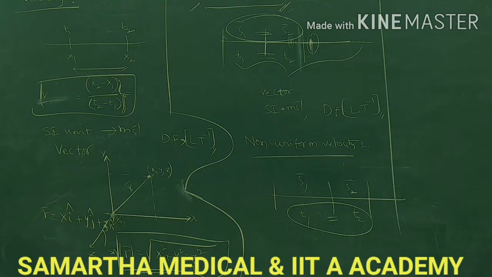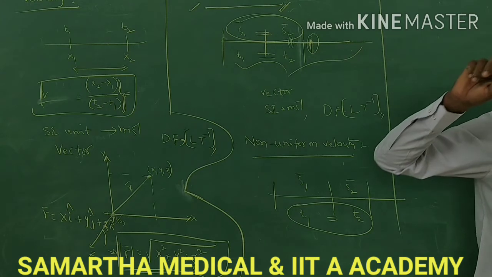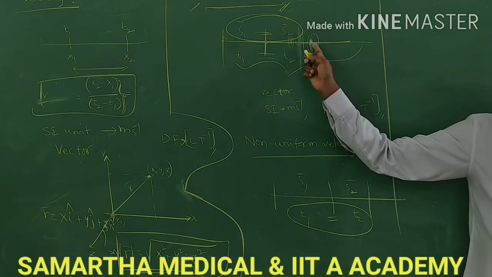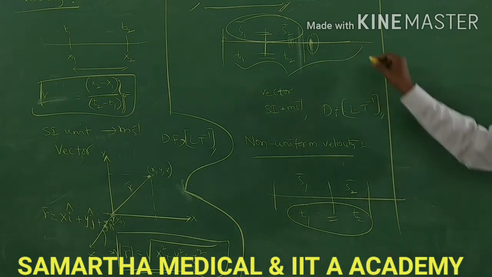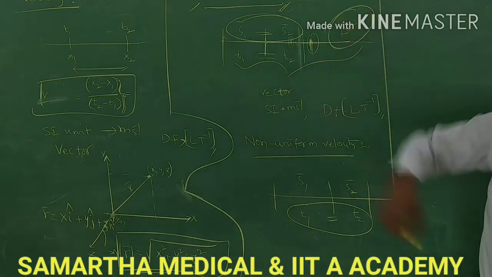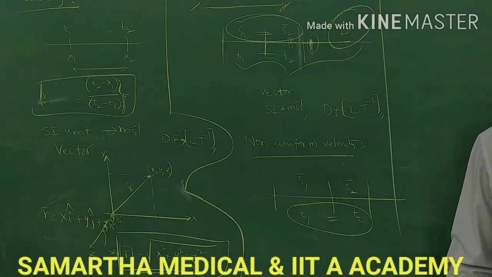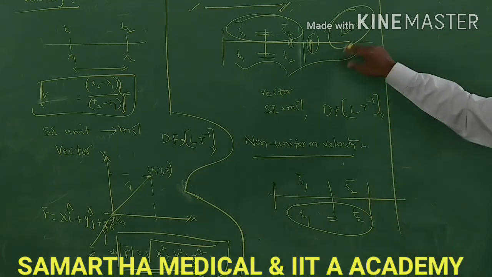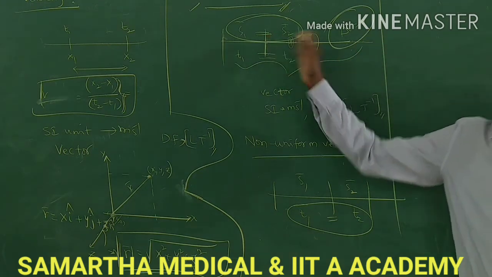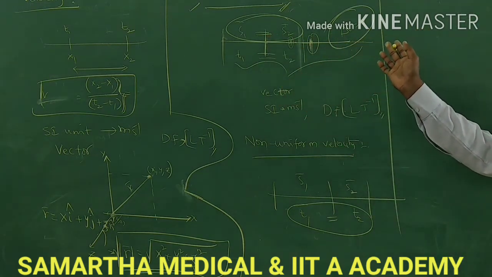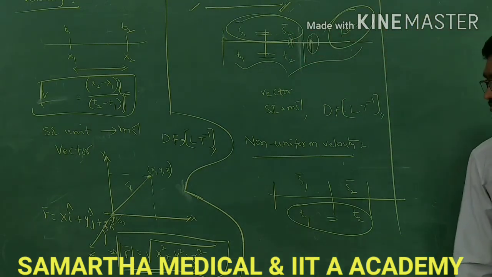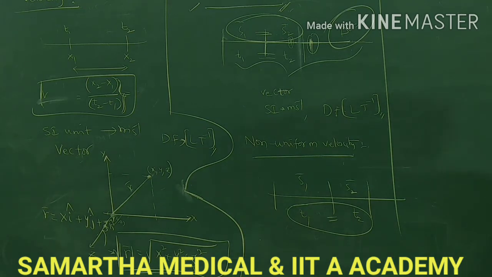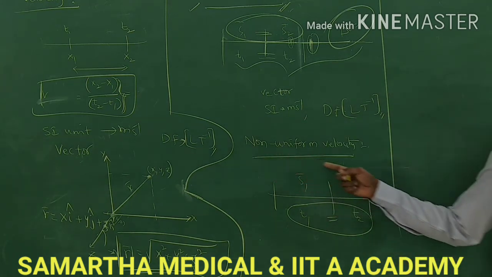What about the change in velocity? Change in velocity is 0. Velocity remains the same. Wherever you take it, you get the same velocity. So here the change in velocity is 0. Over the entire journey, wherever you take it, the change in velocity remains 0, because everywhere you find the same velocity. Understood? Right, next. Go for non-uniform velocity.